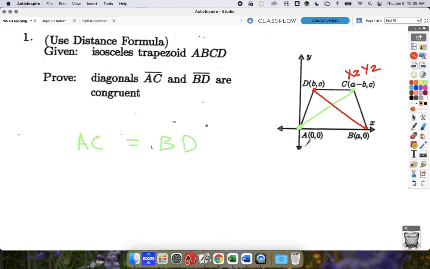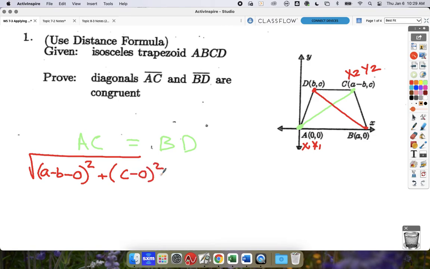I'm going to make this my x1 and y1. Because x2 minus x1 squared plus y2 minus y1 squared. When you subtract 0,